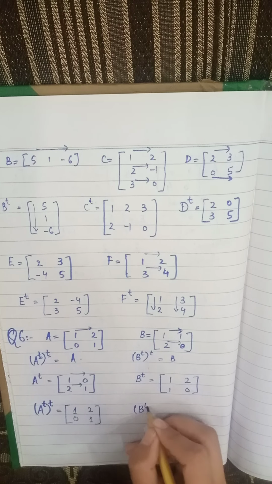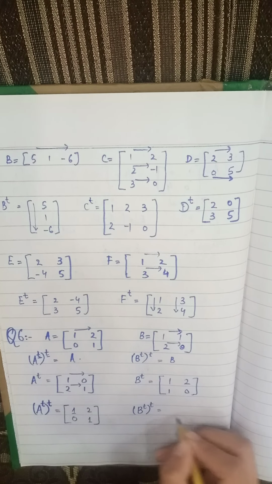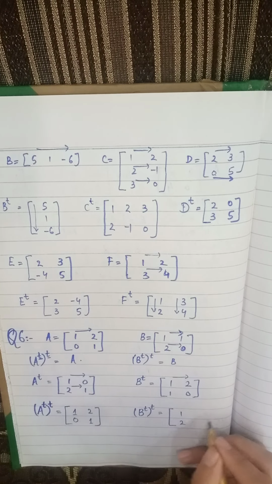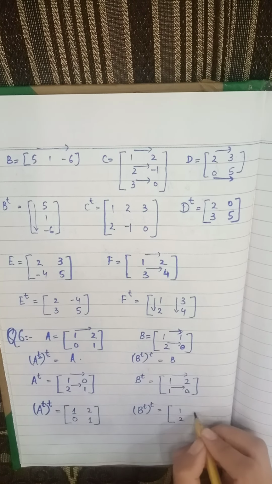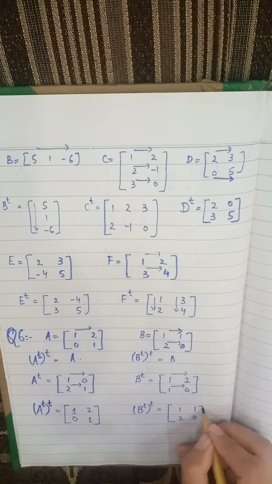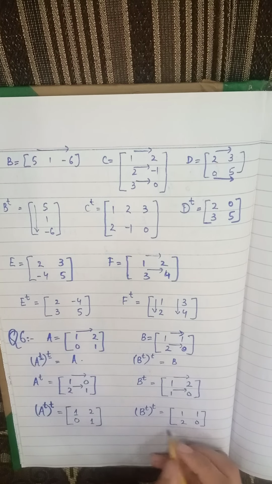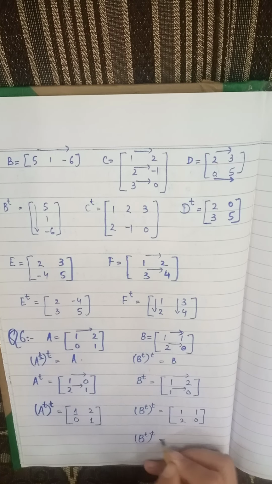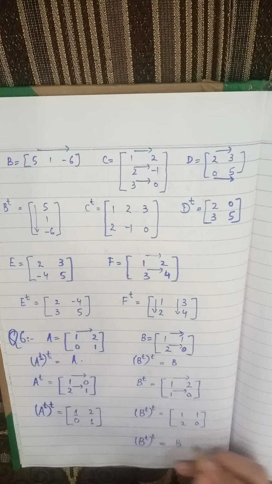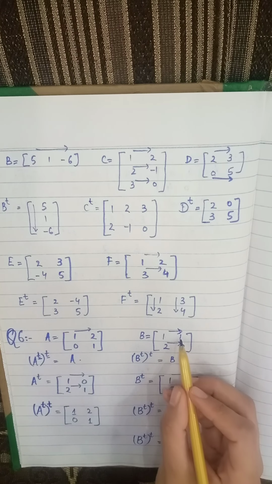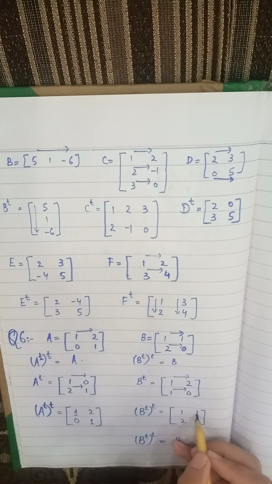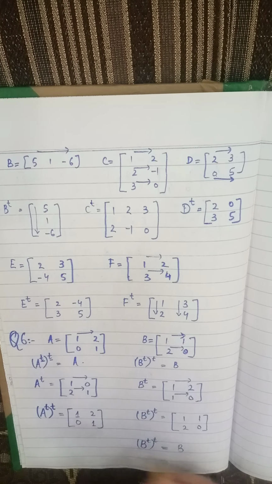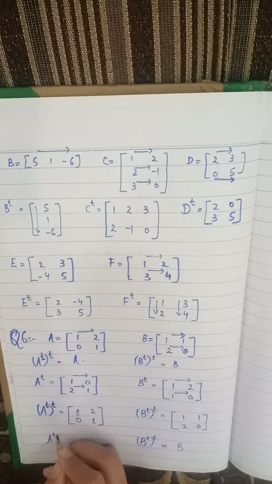Again transpose of B. 1, 2 is going to be changed like this. 1, 0 is going to be written like this. And here is where the magic happens. The double transpose of B is equal to B. You can compare 1, 1 in the first row, 1, 1 in the first row, 2, 0 in the second row, and 2, 0 in the second. Similarly here,